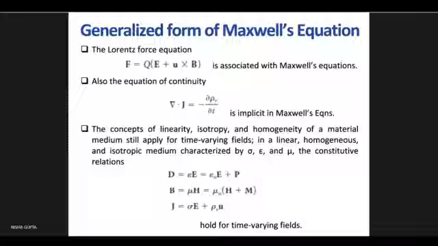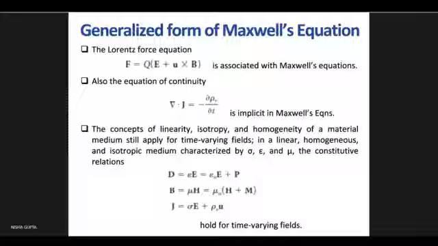Okay? Now, if they are non-isotropic, then they will not be scalar. If it is isotropic, they will be scalar, because epsilon x, epsilon y, epsilon z, everything is going to be the same. So when it is all equal, it is just a number, a scalar. But when it is different in all directions, then epsilon x, epsilon y, epsilon z are all going to be different. Then it will not be a scalar, it will be represented in terms of a matrix. So that will be a non-isotropic medium.